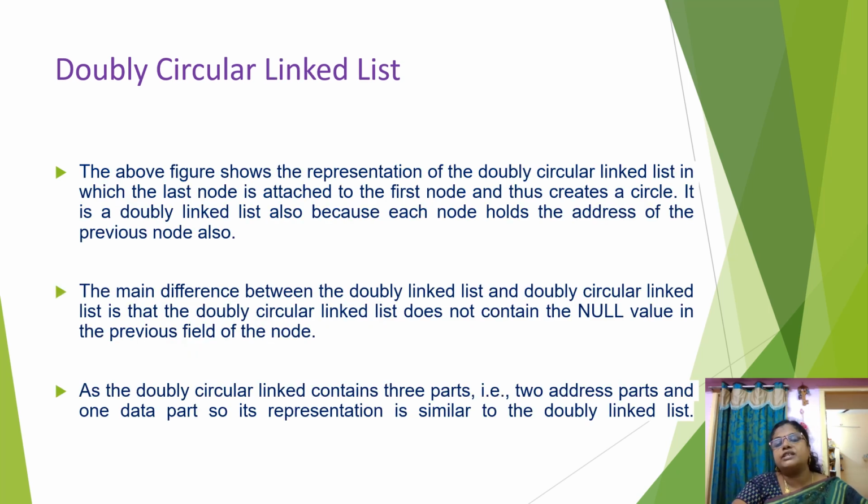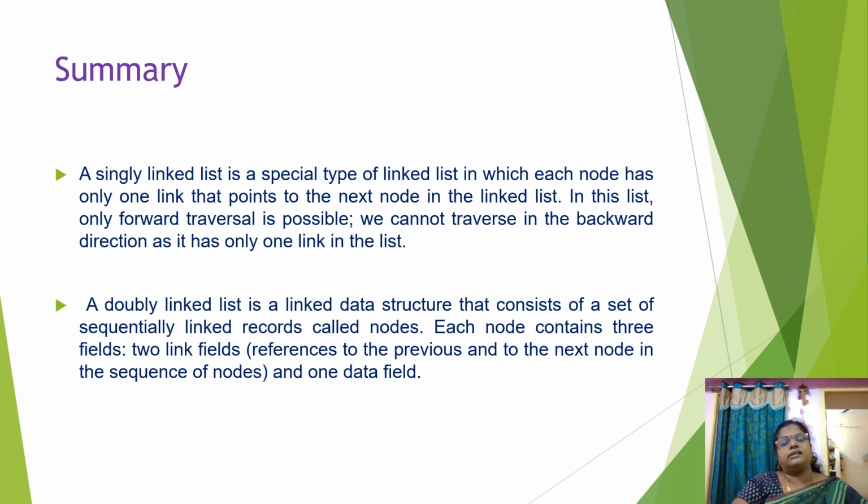The main difference between the doubly linked list and the doubly circular linked list is that the doubly circular linked list does not contain the null value in the previous field of the node. So the doubly circular linked list contains three parts, two address parts and one data part. So its representation is similar to the doubly linked list. So, a summary of this